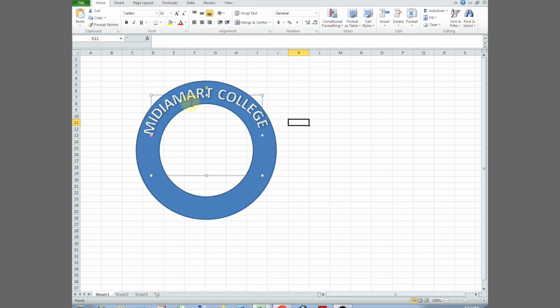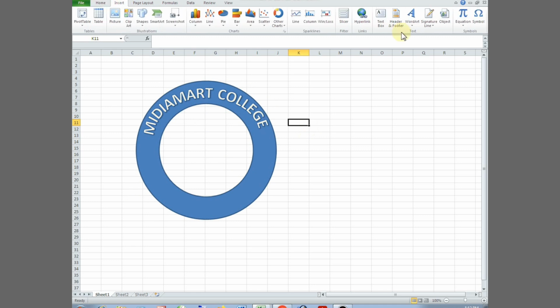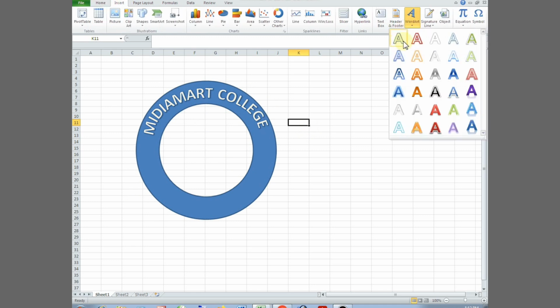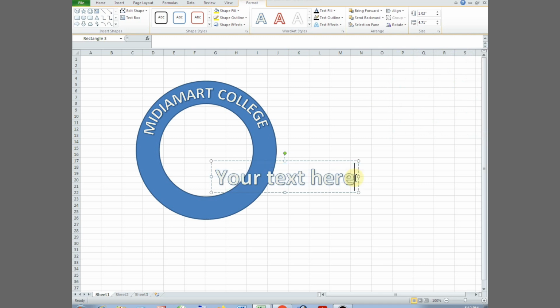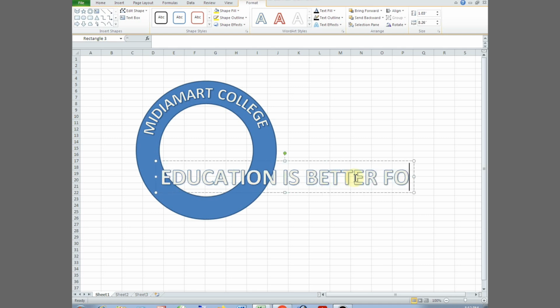So you can see I have already curved, and I want to curve down here, which means I have to go to Insert. Yes, I'll go to Word Art once again, and I choose this one as I have chosen before, and then I come here, I type the text which is supposed to be down here. So this time around I'm going to change the text. I say education is better for all,